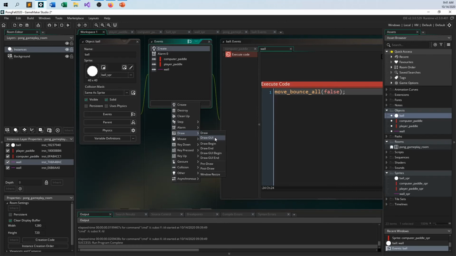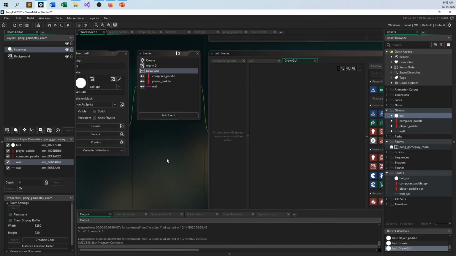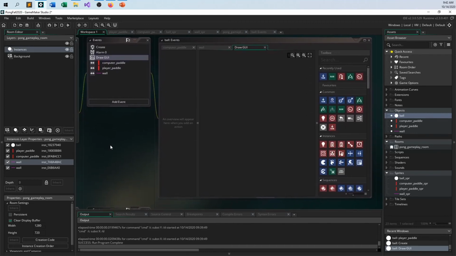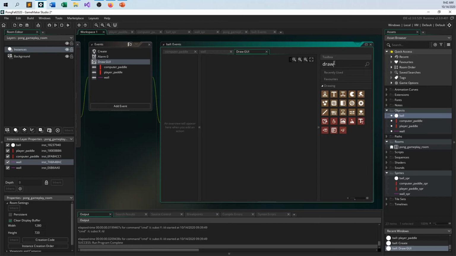And anyone who's played games knows what a GUI is, knows what a HUD is. And so the HUD is always drawn in the same spot on the screen no matter what it's staring at. And that's what I want to do. The score will be rock solid on the screen if I do a draw GUI event. And if we do a draw event also, there's things that go wrong. The ball will disappear and all sorts of weird stuff will happen that I'm not willing to talk about right this instant. So I set up a draw GUI